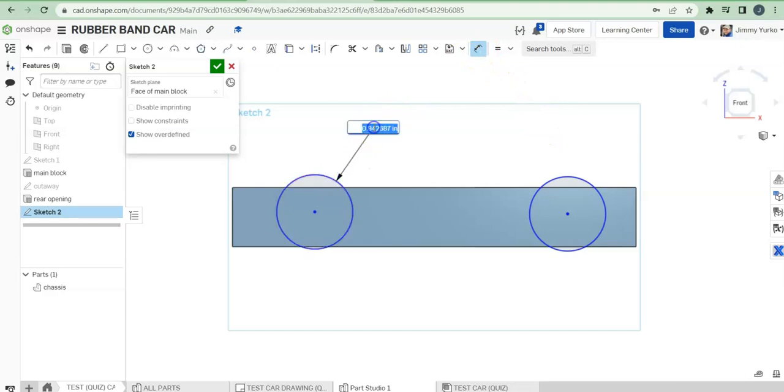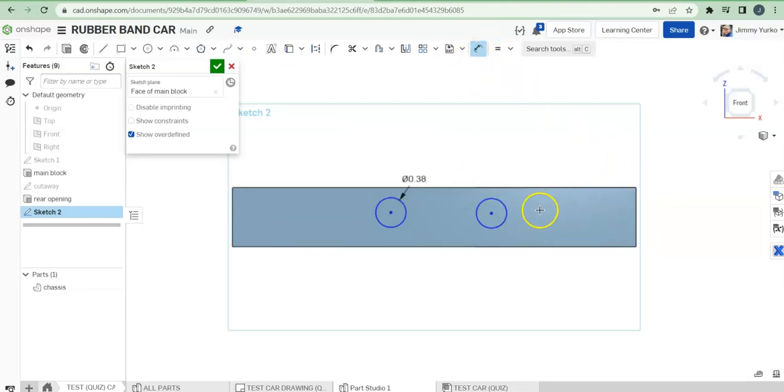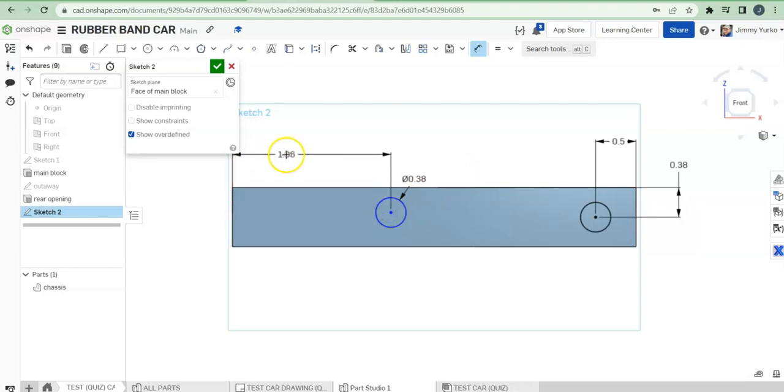They were 3/8 of an inch. Enter. And then location was 3/8 of an inch from the center point to the edge. And they're 1/2 an inch from each end. So from there to there was a 1/2 inch, and from there to there is a 1/2 inch. Those are the axle holes,